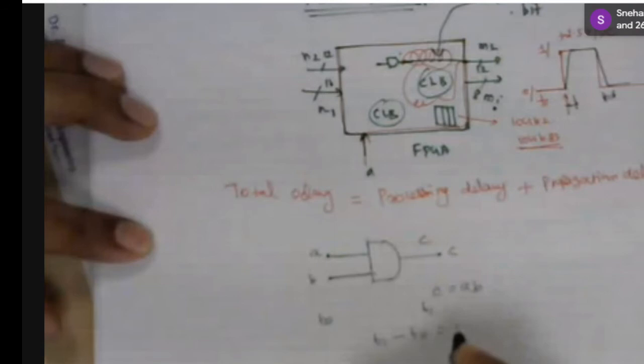If I change A from 0 to 1, or B from 0 to 1 or 1 to 0, vice versa, or both simultaneously, if I make any change here, the output will change immediately. Immediately in the sense that we neglect processing and propagation delay here. We assume it is in the order of a few nanoseconds. We are ready to compromise that delay; the delay does not matter in our design. So when I change it, it immediately propagates through the circuit and the output changes.